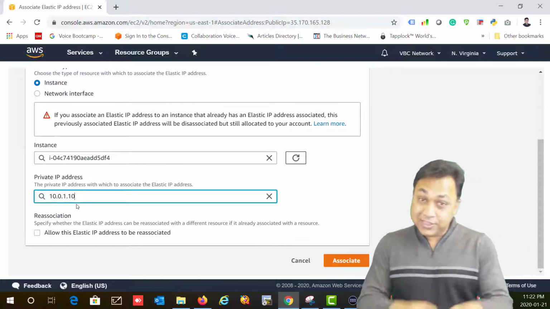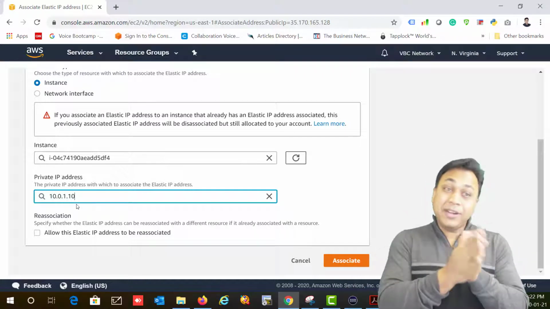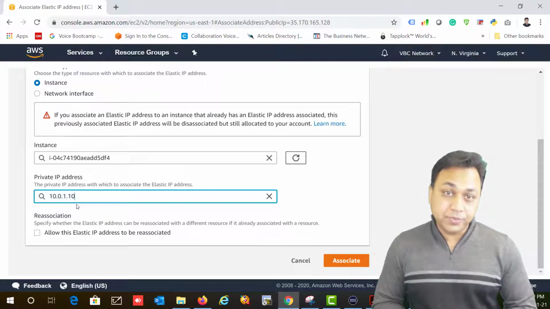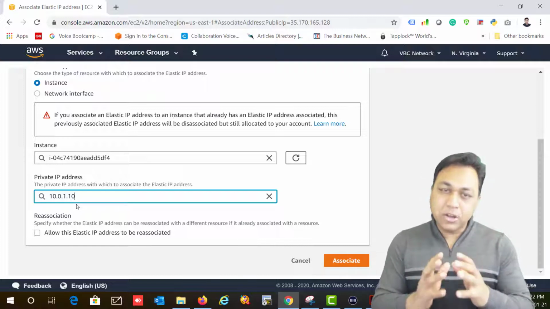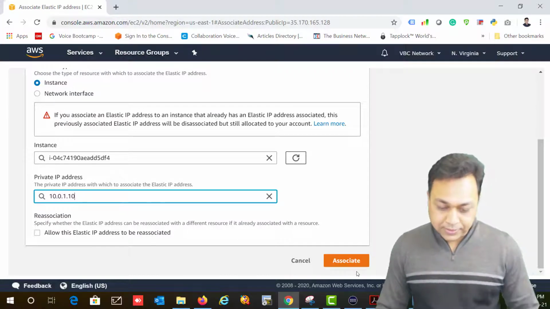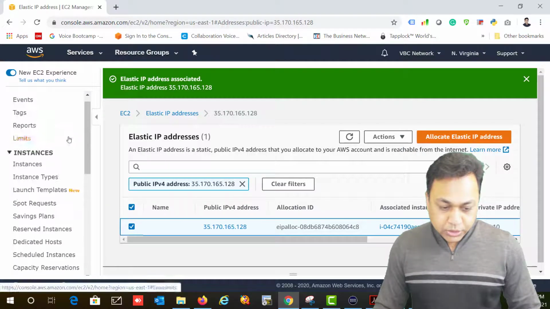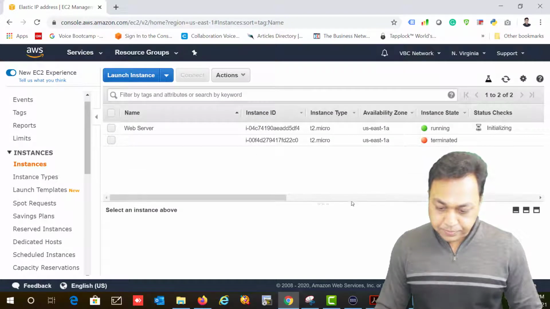And as you can see, the IP address is .10, right? Because I selected specifically. If I did not manually assign it, what's going to happen is it's going to auto assign from that range. I don't like anything on auto assign. I like to keep track of what IP address I'm assigning to my devices. All right, click on associate. You are done with that. We just have to wait for this page to come up. Okay,